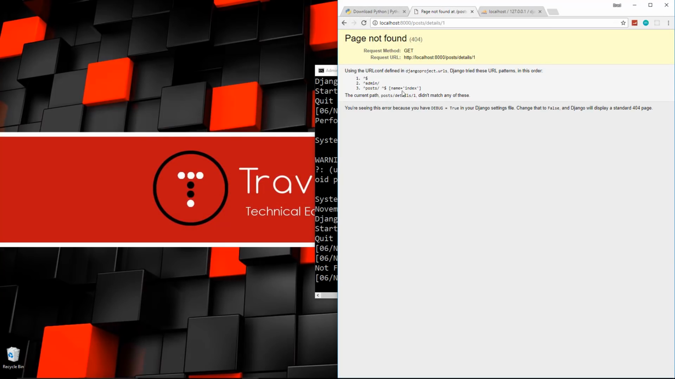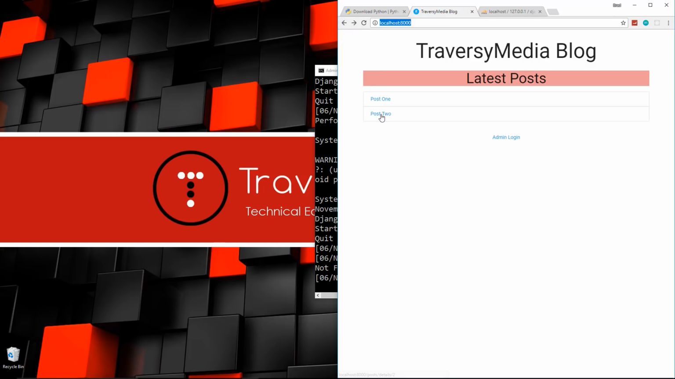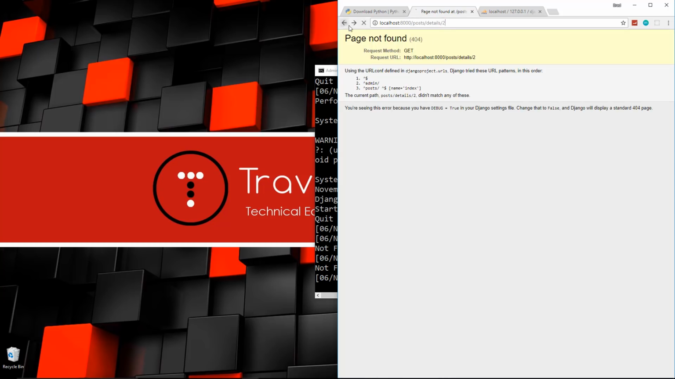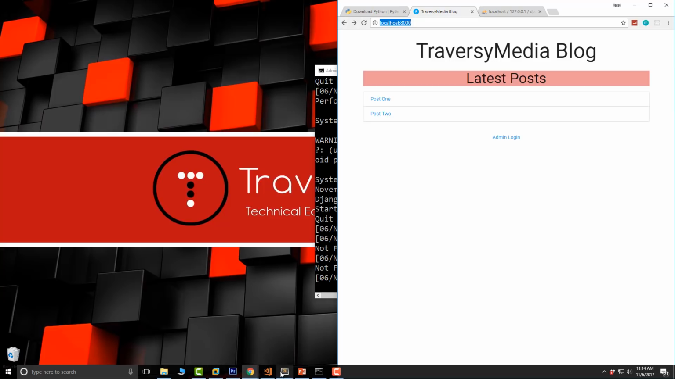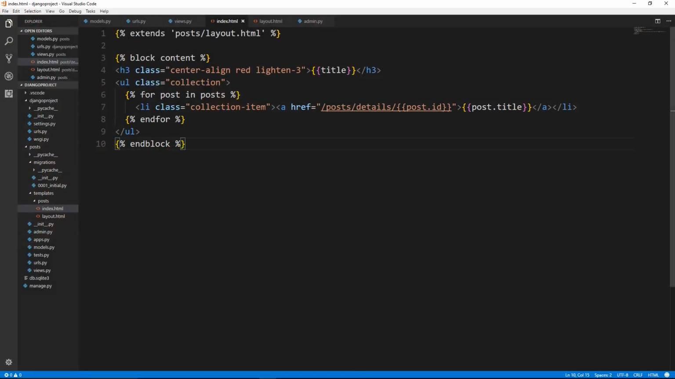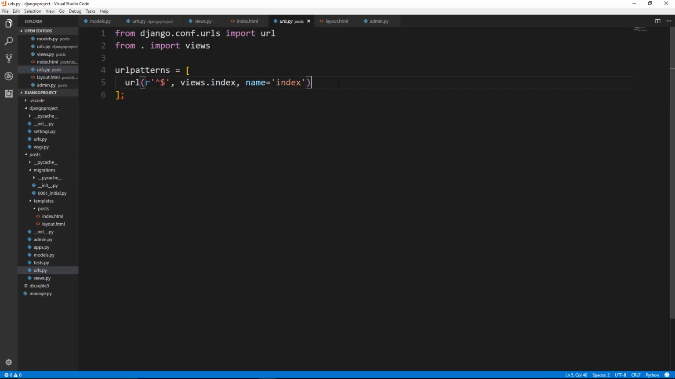Okay, now if I click that, it's going to say page not found because we haven't created this URL pattern. We haven't created this route, but you can see it's going to the ID of 1. This one has the ID of 2, and so on. So let's go ahead and go back into our URLs file for the posts. So let's see, posts urls.py, and I guess we could just copy this,